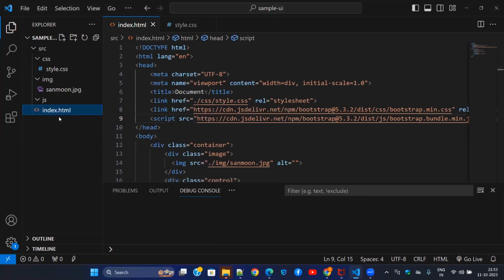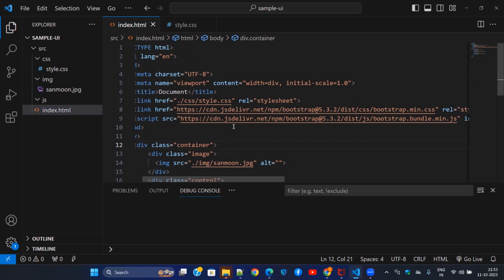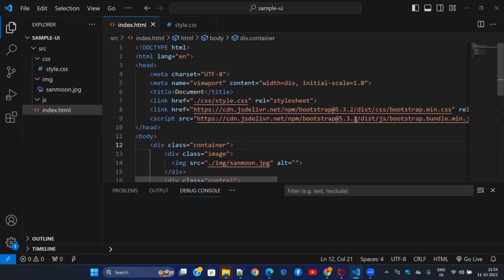I've deleted that particular thing. We have only one HTML file, which is index.html, and I have included the CSS and JS files. Now, you need to be very careful while including Bootstrap or any files. The most important thing is you need to know the order. Order means which file is first, which file is next. That is the most important because your own file, style.css,